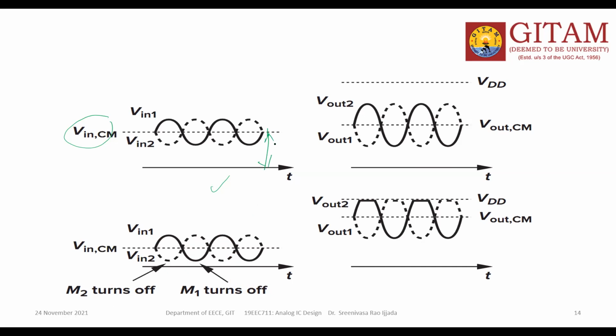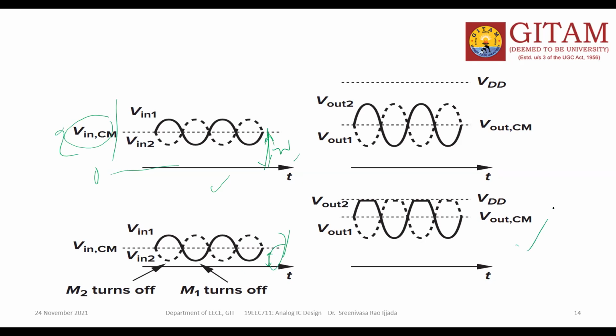This is my x-axis, this is my y-axis. That is the VCS. From the 0 level to maybe 2 volts, then VCS is 2 volts. What is this? This is also an input common mode value, but when compared to these two, this is low. Got it? So for this, your output may be like this.